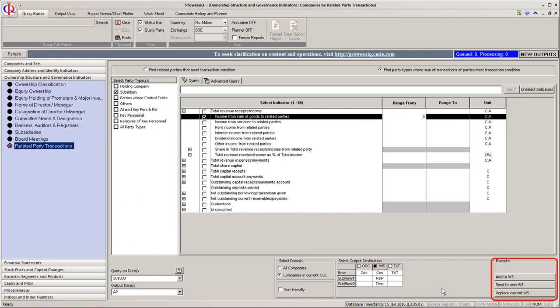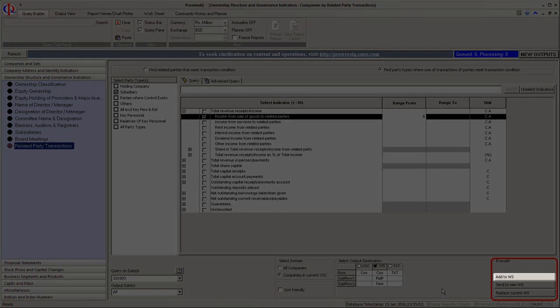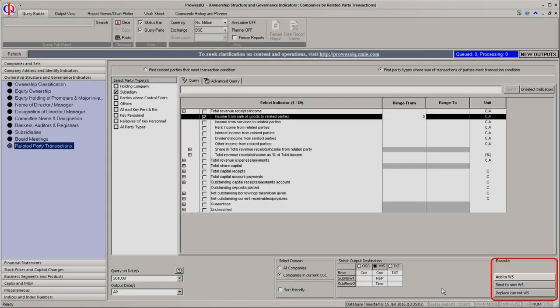Since we have selected Companies in Current OSE as our domain, we can select any one of three execute options. These are add to current WS, send to new WS, and replace current WS. Add to current WS will add the list of companies which have satisfied the criteria specified in the query trigger along with the data.